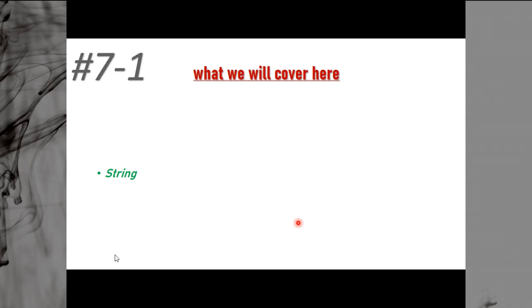So in strings we will cover how we can declare a string, how strings are assigned, what are the operations which can be performed onto the strings, and what are the methods, functions which are available with the string class. So string in Python is a sequence of characters. Any set of characters which are available on your keyboard are known as a Python string, enclosed in single quotes or double quotes.